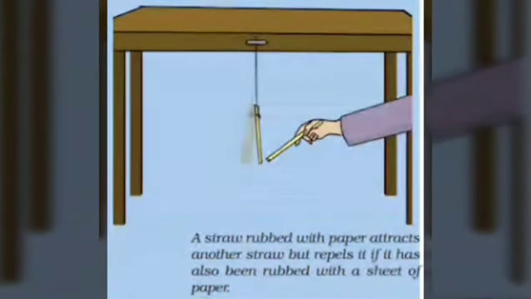For that, take a plastic straw and cut it into two equal pieces. Suspend one of the pieces from the edge of a table with the help of a piece of thread, as shown in this picture. Now hold the other piece of straw in your hand and rub its free end with